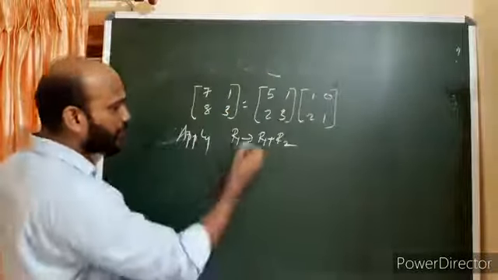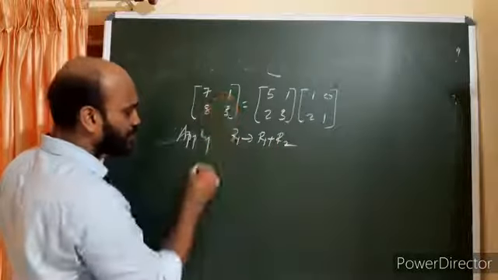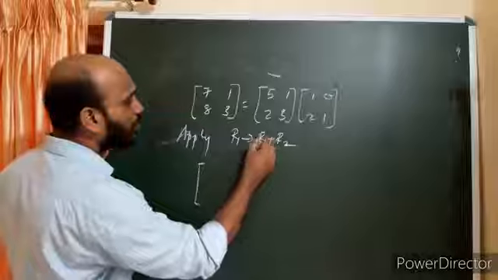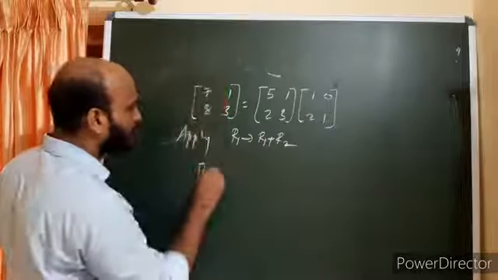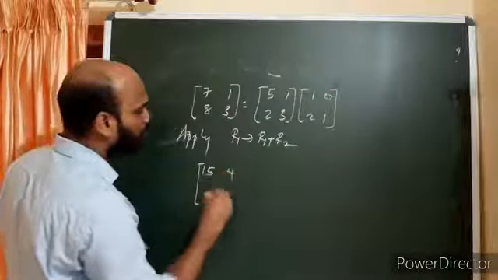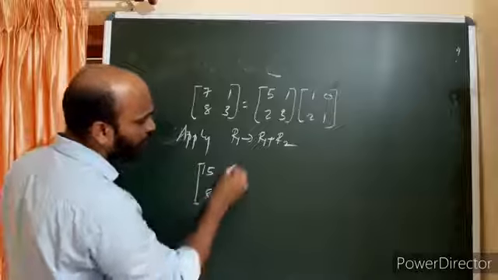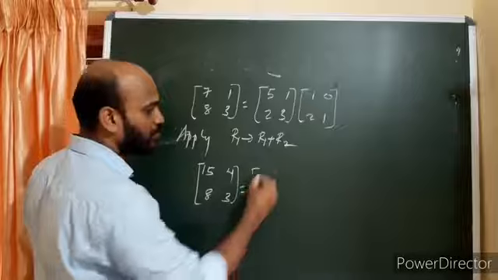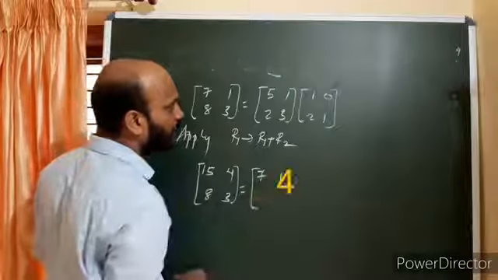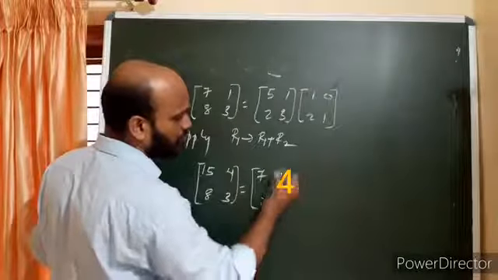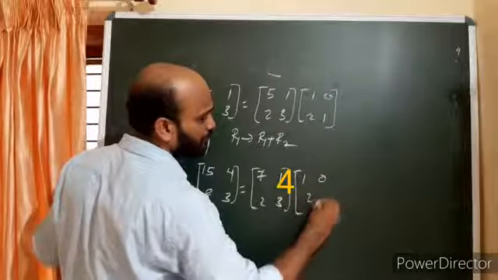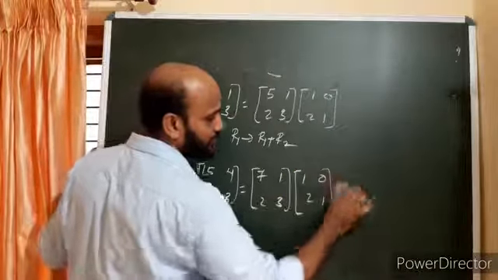Okay. So this rule you have to use on the left hand side. So the left hand side changes to R1 changes to R1 plus R2, 15, right? And this will be 4. Column 2 will be the same. The same rule you have to use on the first matrix. So it will be 7, 1, 2, 3 into. This will be the same. Like that you have to write.